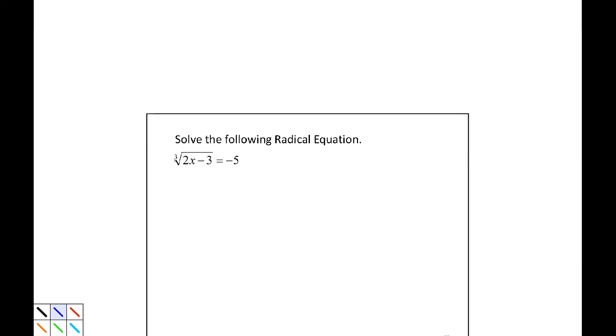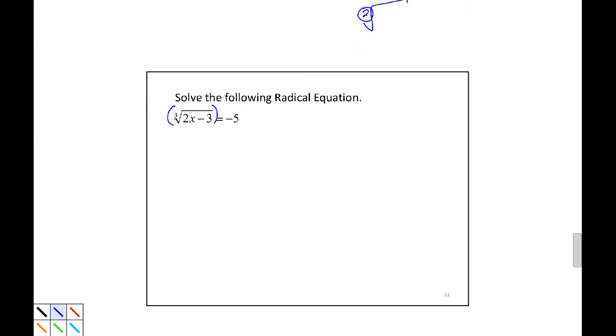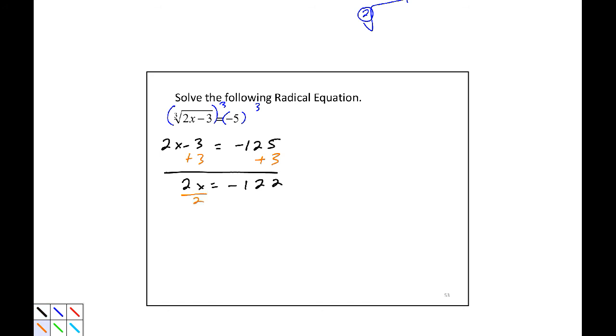So what we will do differently here is instead of raising both sides to the second power, because again, a square root is assumed to have a 2 here, we will raise both sides to the third power. The right-hand side is negative 125, and the left-hand side is 2x minus 3. So if we add 3 to both sides, 2x equals negative 122, dividing by 2